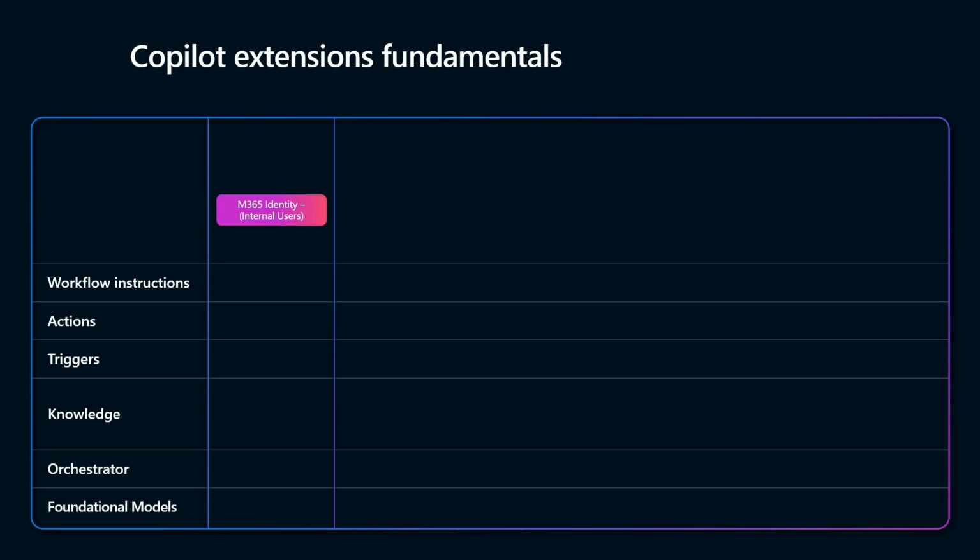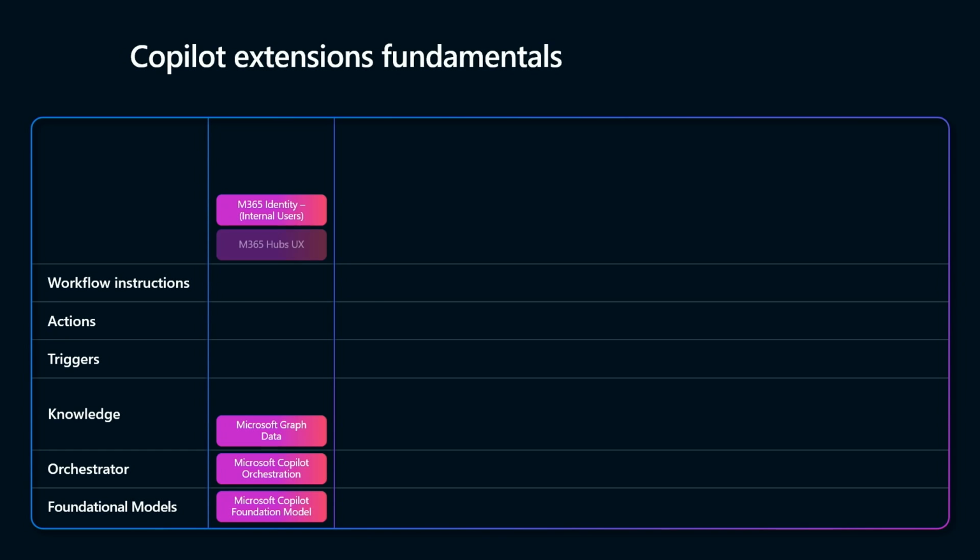Now, naturally, when we talk about M365 and we talk about Copilot for Microsoft 365, we have the identity of the user that's logged into Teams or into the Microsoft 365 app or the copilot.microsoft.com web application. We're using our own foundational model in that instance, and we have our own orchestrator, which you've heard Kevin Scott talk about from a Sydney perspective. And the knowledge is Microsoft Graph knowledge, but you can bring your own data into it. And we provide this Copilot across all of the different Microsoft 365 hubs.